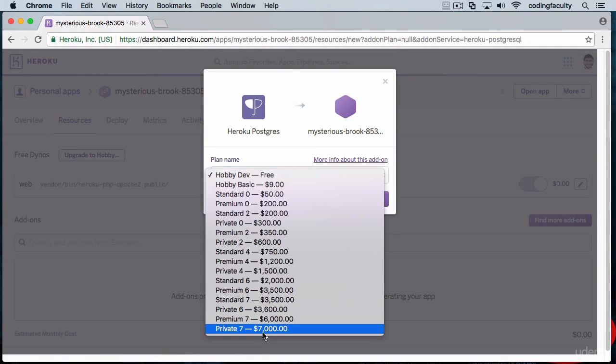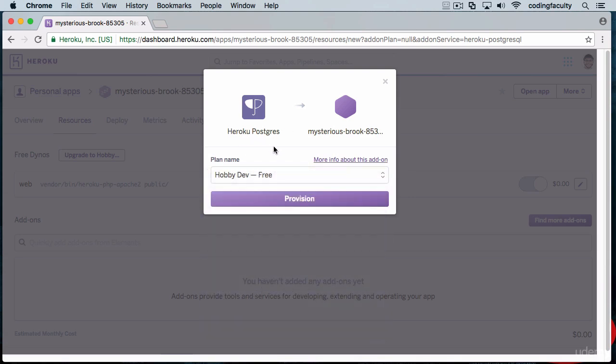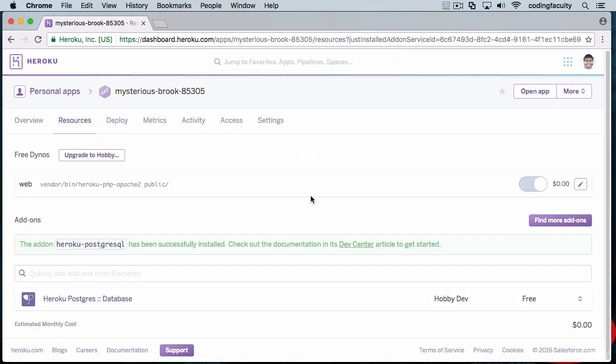They even have $7,000 plans here. Really crazy stuff. I can't believe they put those prices there. But with Heroku, you can host whatever application you want. It's just crazy because remember that they are linked to AWS, which is super powerful. But anyway, we're gonna provision it, all right? And now this has been done. We click on it,